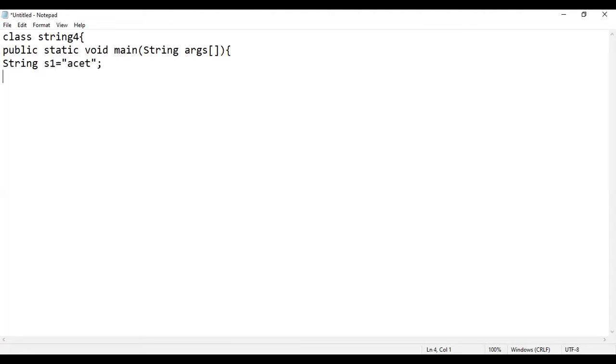Okay, so again I am taking another string, that is String s2. Again I will use "ACT". Okay, now the third one is String s3 equal to new String